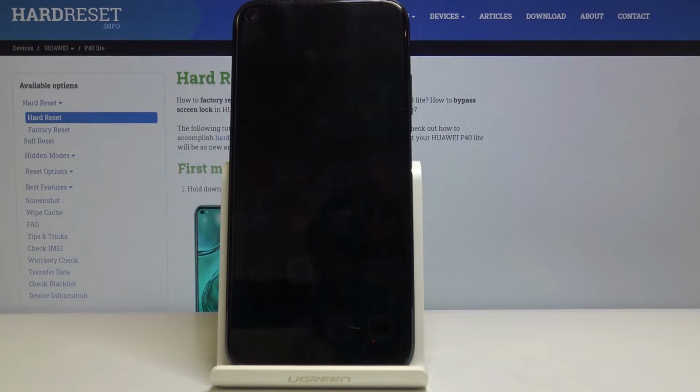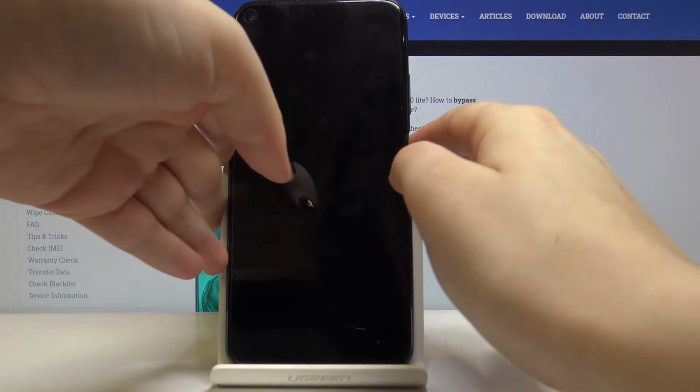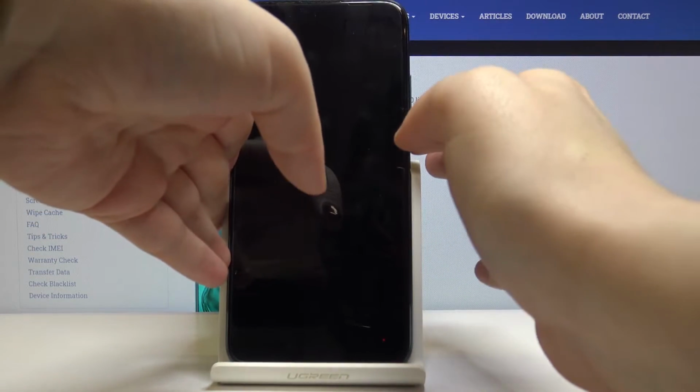Hi everyone, here I've got HUAWEI P40 Lite, and I will show you today how to reset app preferences. So firstly, let's begin with